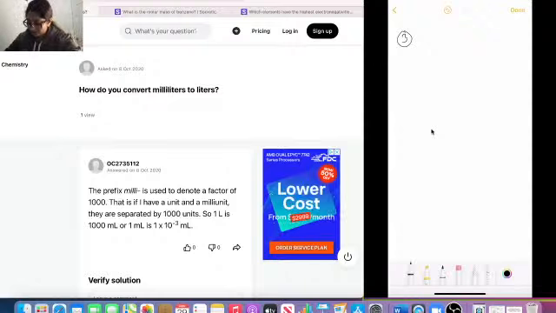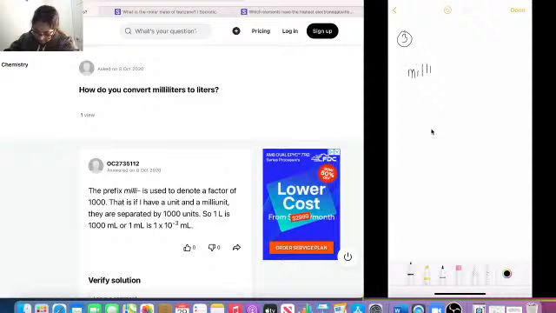Okay, so our next question is, how do you convert millimeters to liters? So this is a conversion question. The prefix milli is used to denote a factor of 1,000. Okay, so we can say milli, I don't think I spelled it right. Milli is basically, the prefix means,